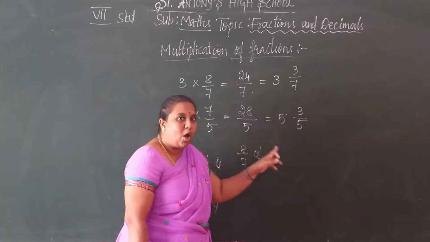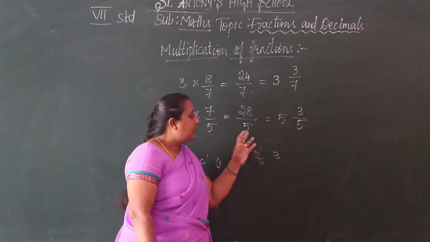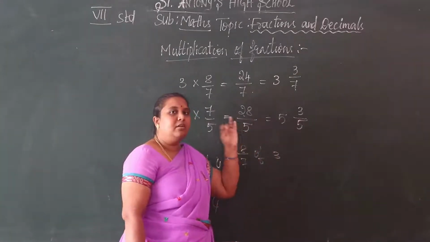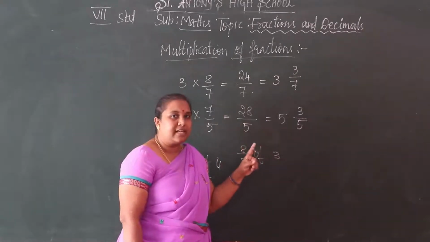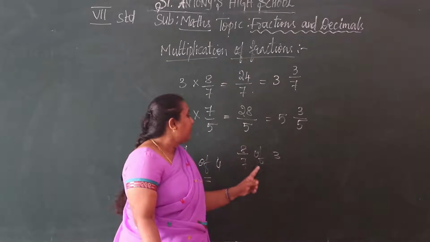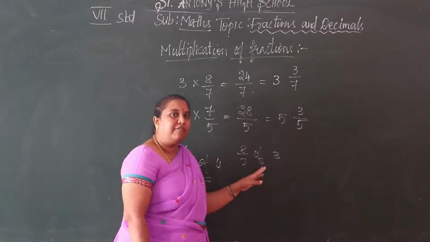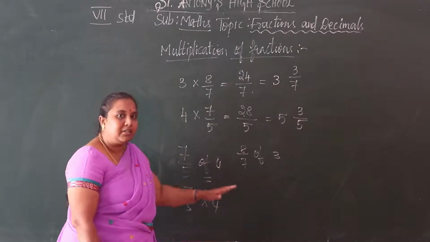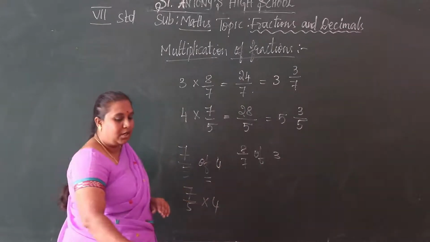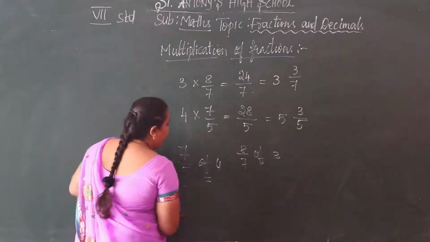So what is meant by operator? I told you, addition, subtraction, multiplication and division signs are operators in mathematics. But here we are using 'of' as an operator of fraction. So operator of fraction means here it is multiplication. Understood? Okay, then let us move on to example 5, which is given in your textbook.